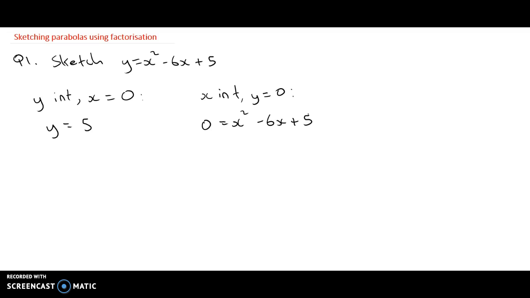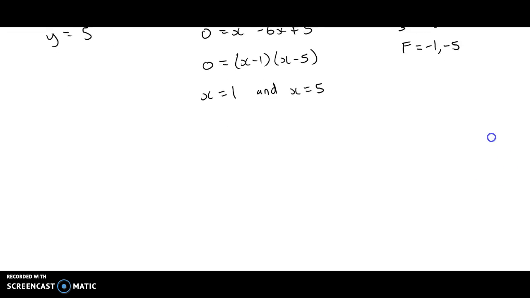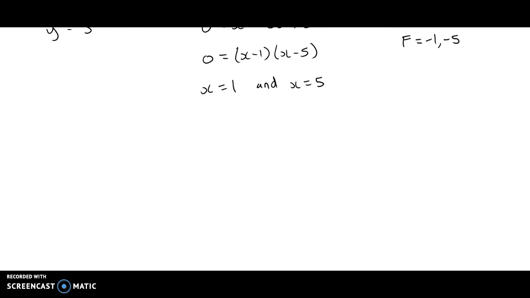Now this is where the factorisation comes in. So let's use PSF. We've got a product of 5, a sum of minus 6, and factors will be minus 1, minus 5. So we know this will be 0 equals x minus 1, x minus 5. If we solve that using the null factor law, x equals 1 and x equals 5. Now, from here, we need to find our turning point. So we've got our intercepts, now we need to find our